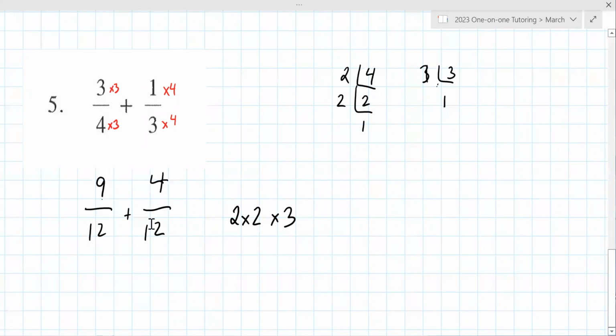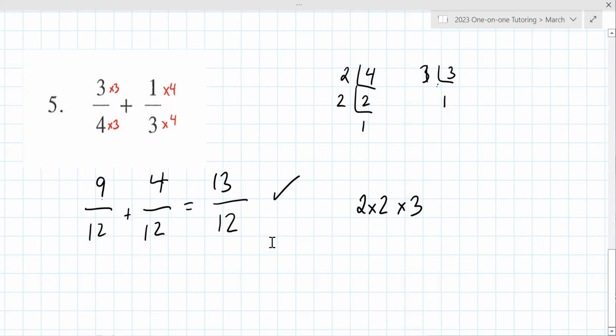Okay, so what does this add up to? It would add up to 13 over 12, but wouldn't that be improper? It is. I mean, it's okay for me, but maybe we should reduce. I think it's going to be fine, but I'm not going to be there for the next math lesson. So, all